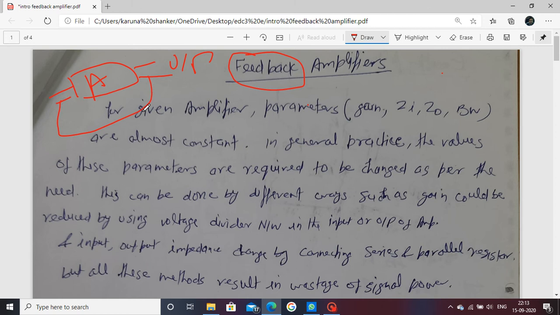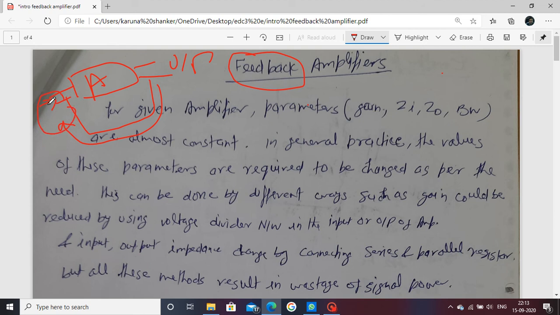Suppose there is no feedback, meaning suppose this is removed here, there is an open loop form, meaning there is no connection from the output side to the input side. This is also called the open loop gain. If there is a connection, meaning the output side is fed back to the input side, then some fraction of the output power is used here at the input side, and now both signals are added or subtracted.